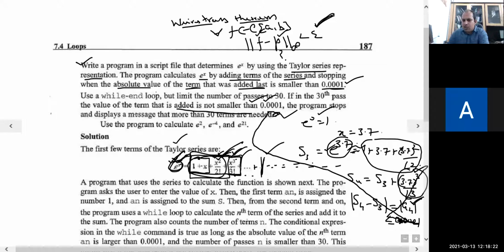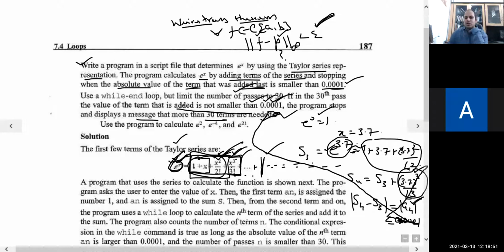Or your program stops and displays a message that more than 30 terms are needed. So two things we have to do: limit the number of terms to 30, and the last term added, its absolute value, should not be greater than 0.001. I mean, it will keep on adding if the last term added has absolute value greater than this.